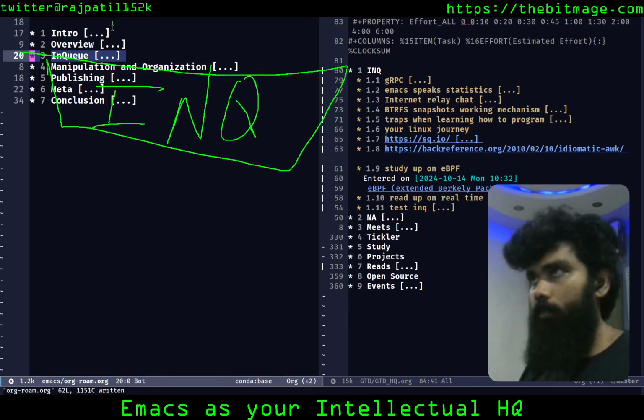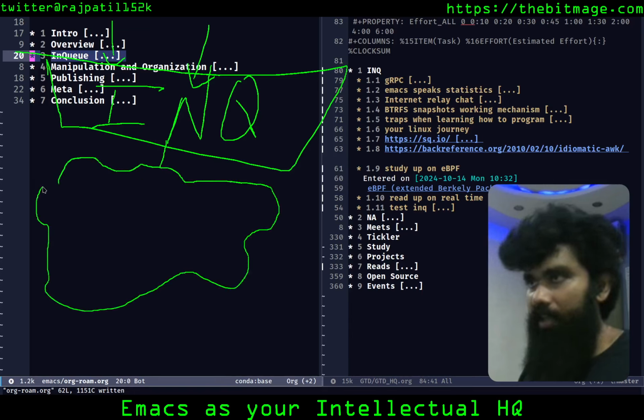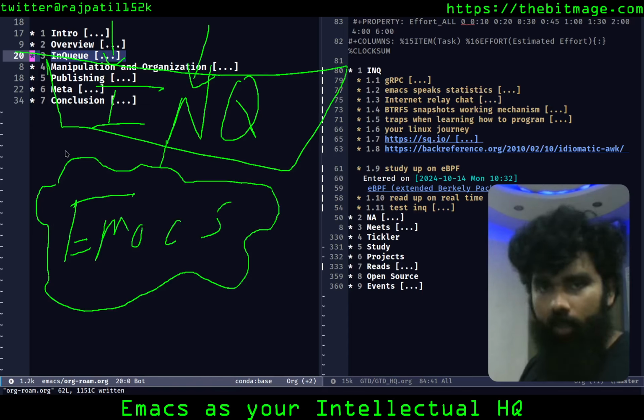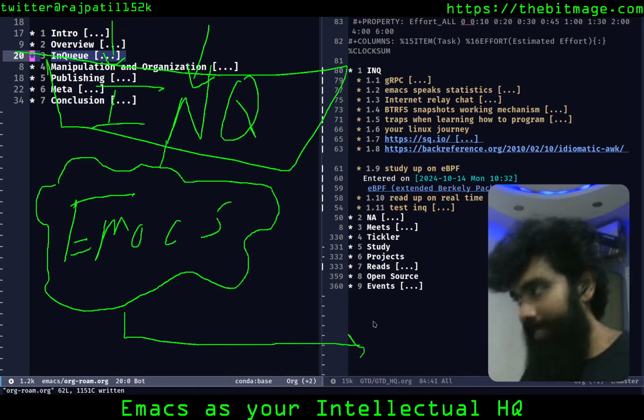inputs everything from various sources into, well, I'm just going to make it a very organic cloud because there's not a lot of structure. There's a lot of flexibility with what I do in here. Emacs. This is what we're going to talk about here. What happens after this is I'm going to publish curated stuff into boxes, I guess, because I want to seem structured.